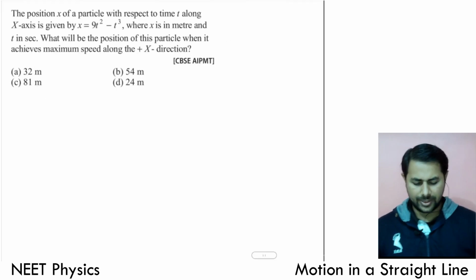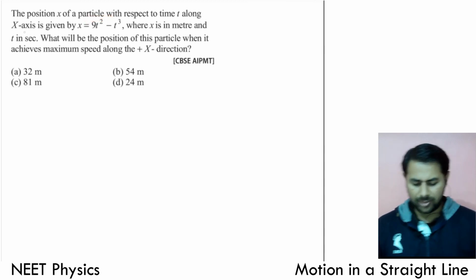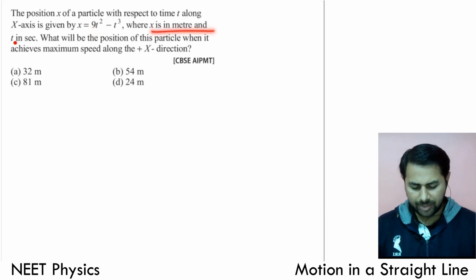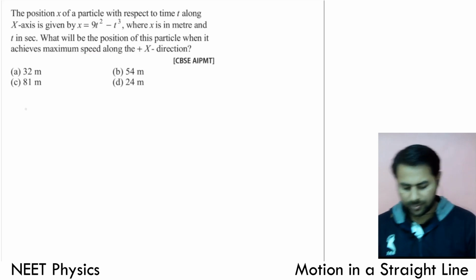All right, let's see the next one. The position x of a particle with respect to time along the x-axis is given by x is equal to 9t square minus t cube, where x is in meters and t in seconds. What will be the position of this particle when it achieves maximum speed along the x direction? Tell me,